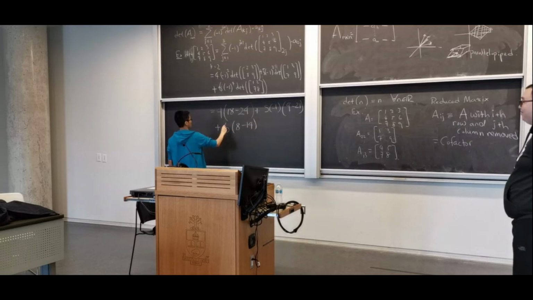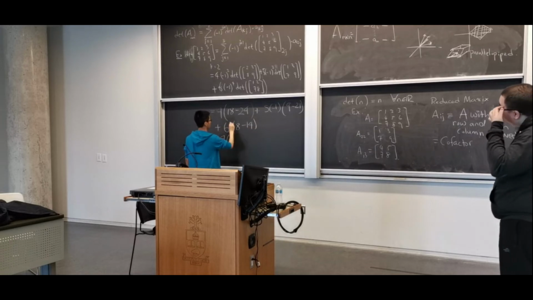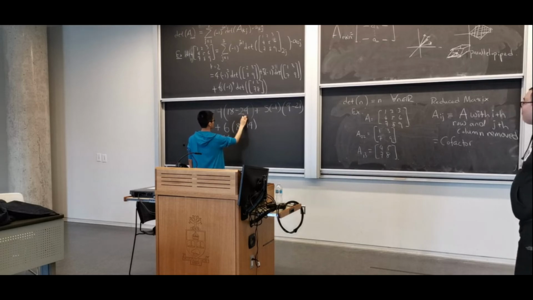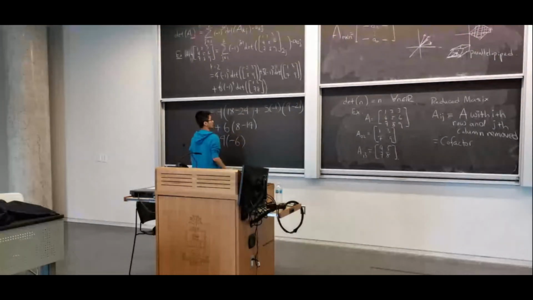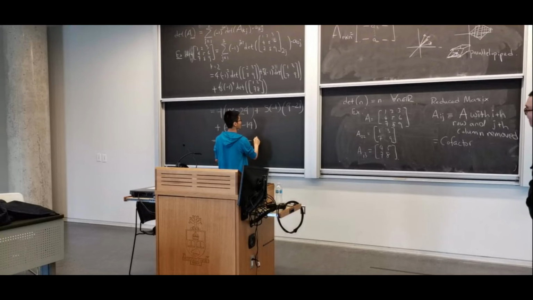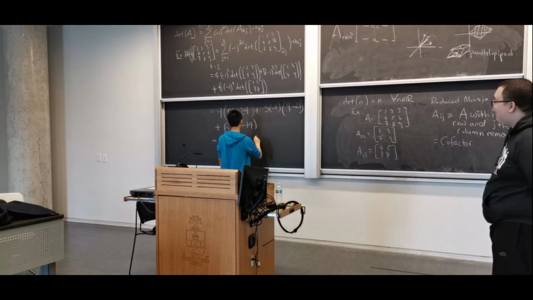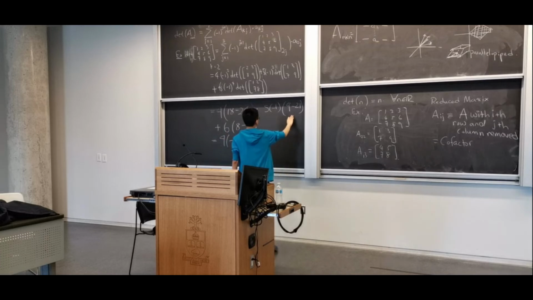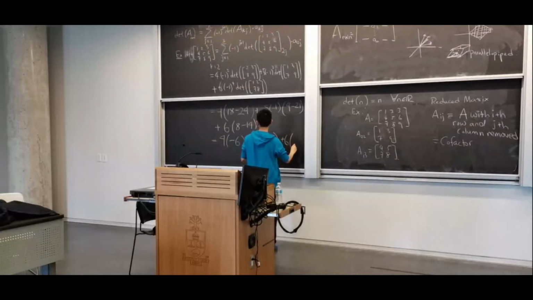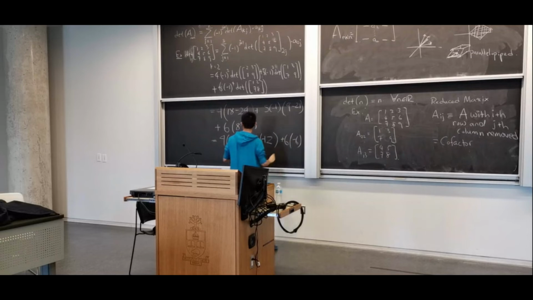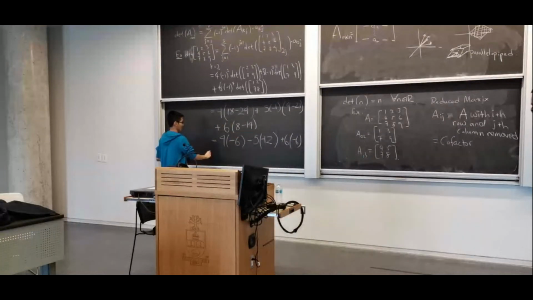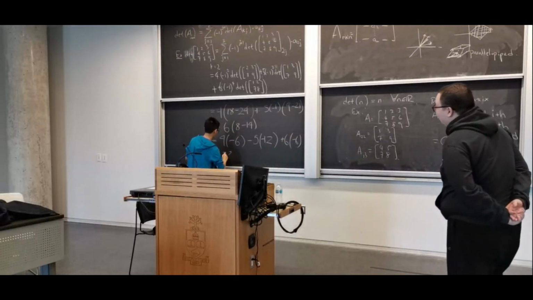Okay. Now this is 4 of negative 6, minus 5 of 9, 11, 12, negative 12. Plus 6, negative 6. Looks good. Equals negative 24